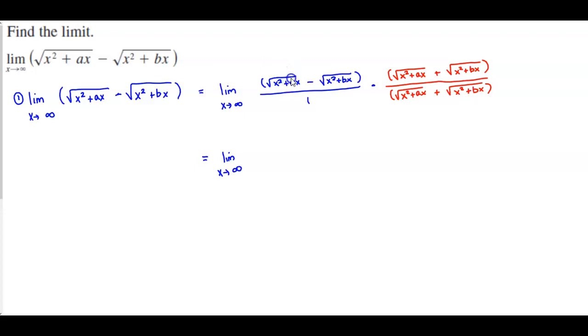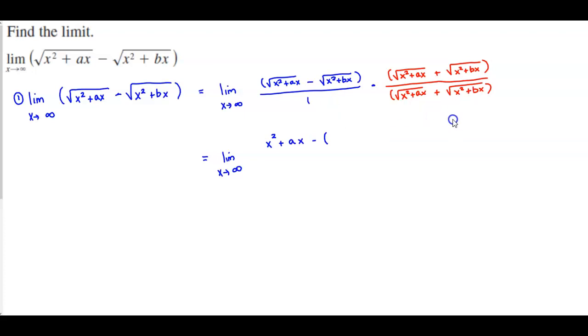Now when we multiply these two together, this is the difference of squares. We're multiplying a radical times another radical, which means that we're going to get rid of the radical sign, and we end up with x squared plus ax in the numerator, and then minus, don't forget the parentheses, we have the square root of x squared